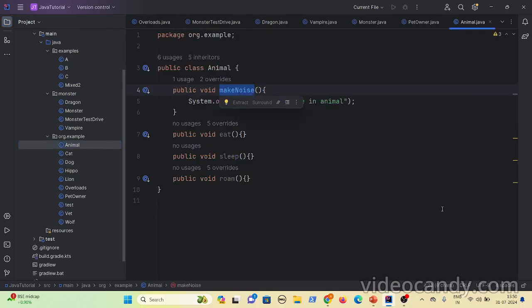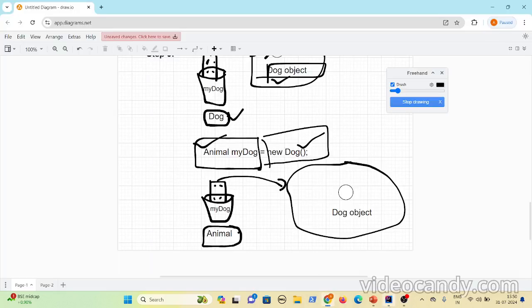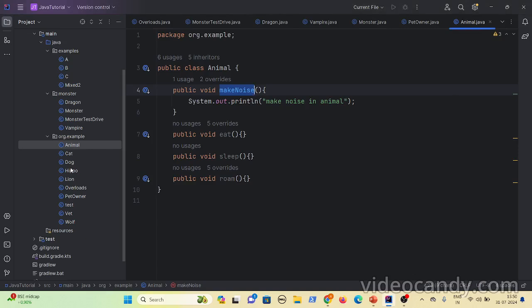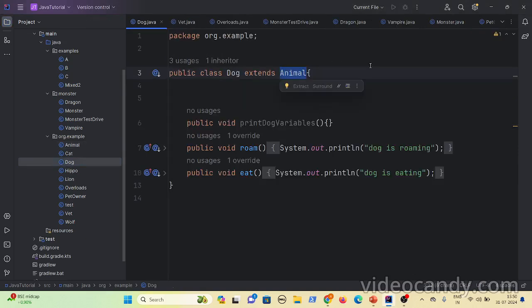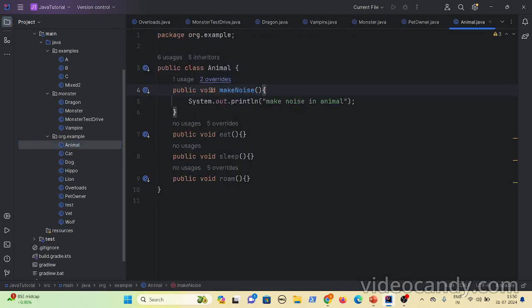Now if I press the make noise button, it goes to the dog object and searches the dog class for the make noise implementation, which is not there. So it searches the super class. Since animal is the super class, it searches for the make noise method in the animal class. It is present, so it gets invoked.